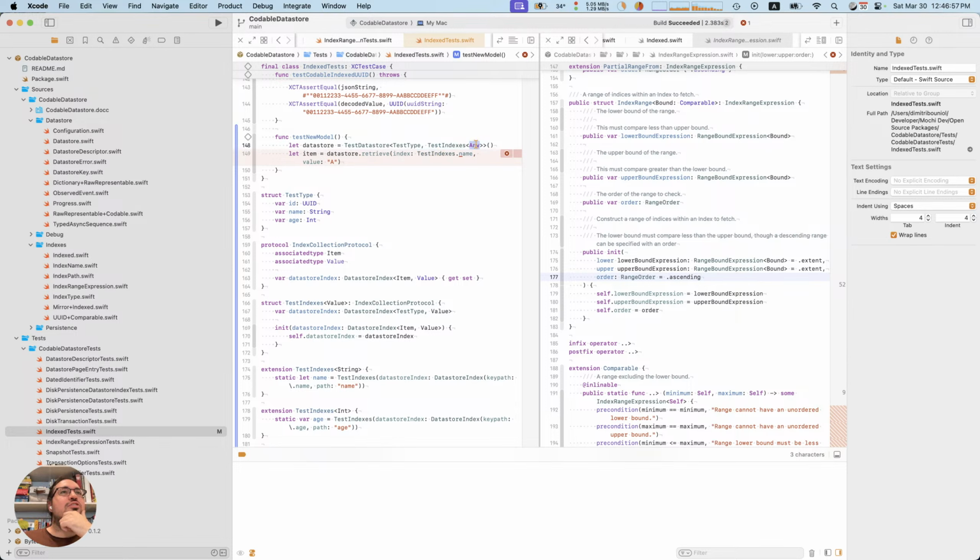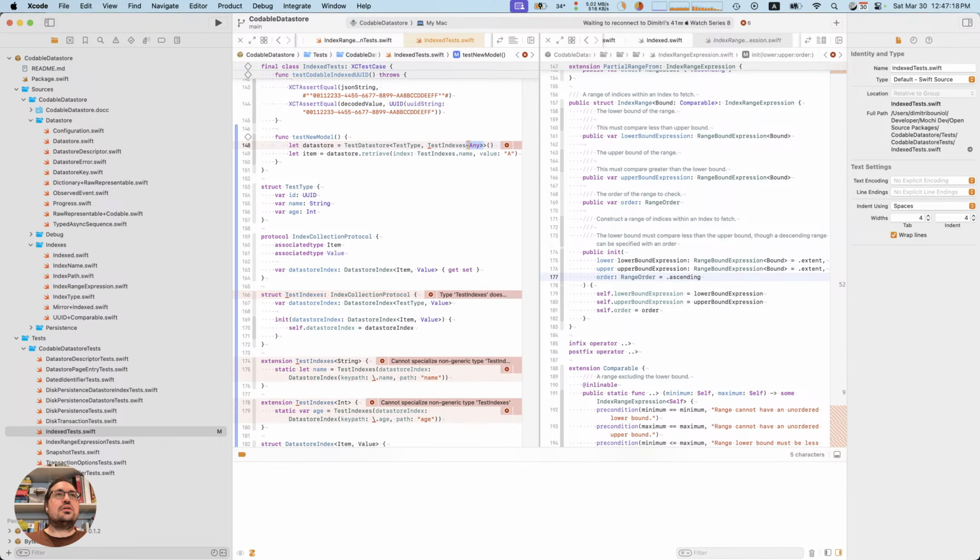I mean, I kind of do. This type needs a concrete type for the type in the index, for the item in the index. The index needs to be something specific. If I don't want it to be generic, then I can get rid of that thing.